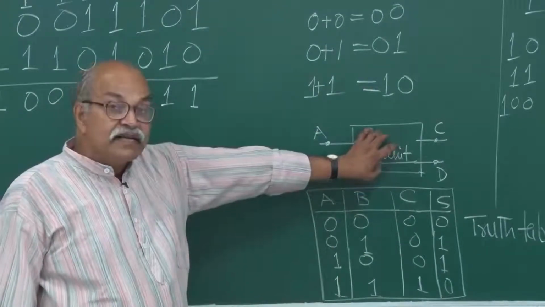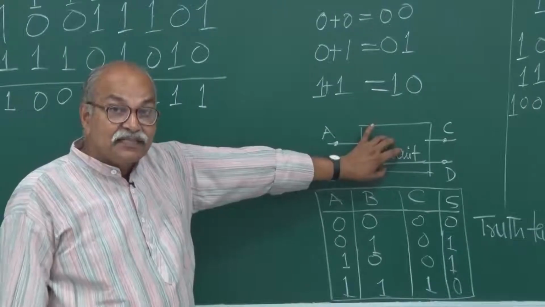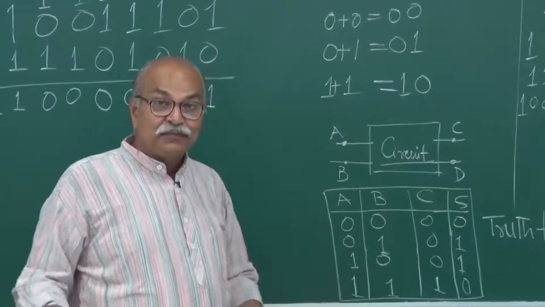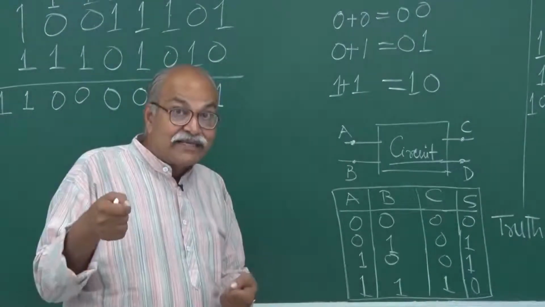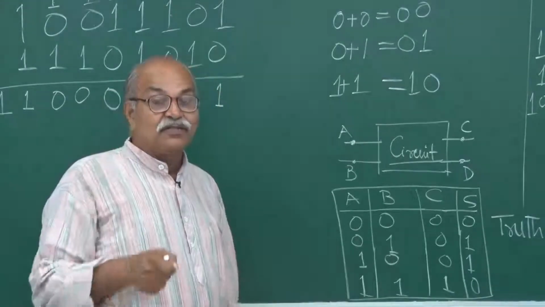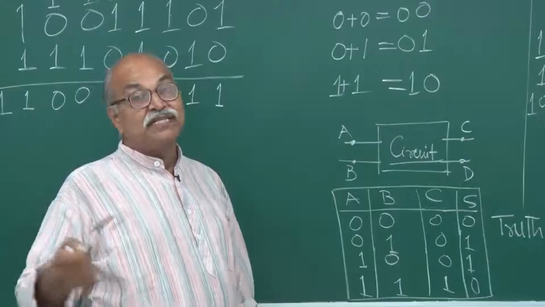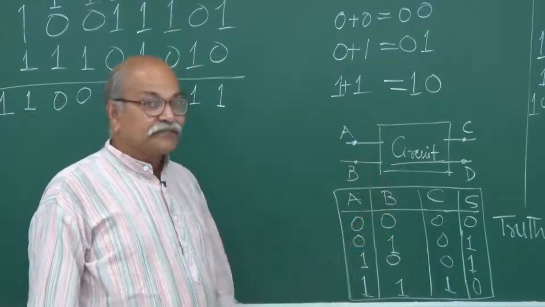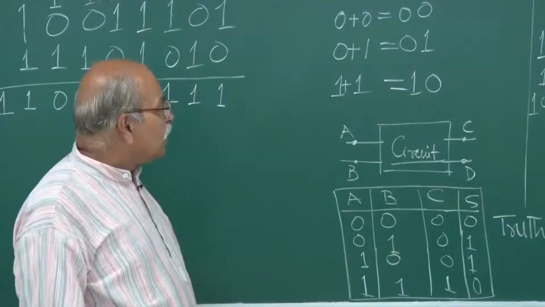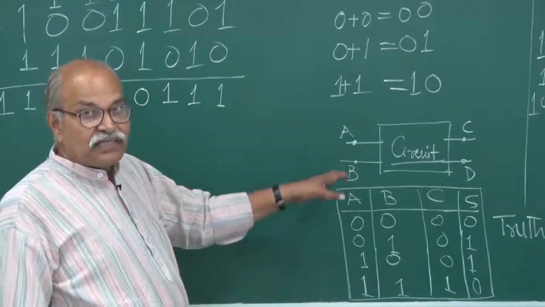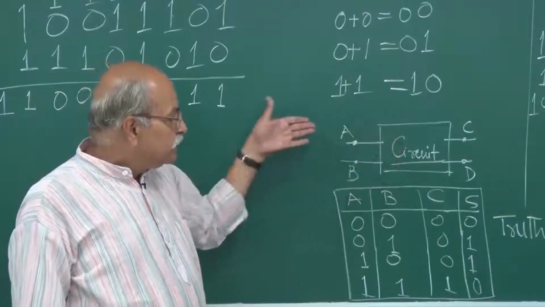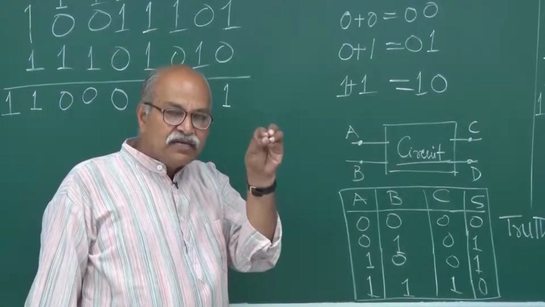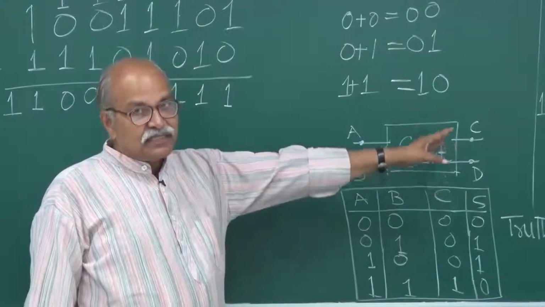So this is the kind of circuit which we call digital circuit, which takes only digital inputs. It takes only voltages, but those voltages I see as digital, either low or high. I do not distinguish between 1.7 and 1.8. So for us it is digital, 0 or 1. Now how to design such circuits in which the input is given as voltages, and depending on whether it is high or low, the desired output is achieved.